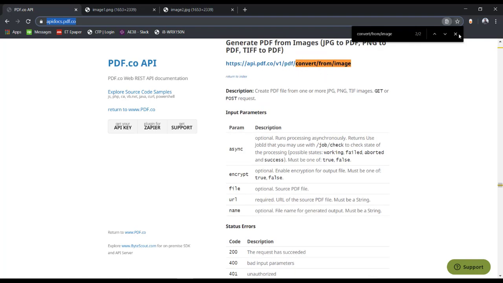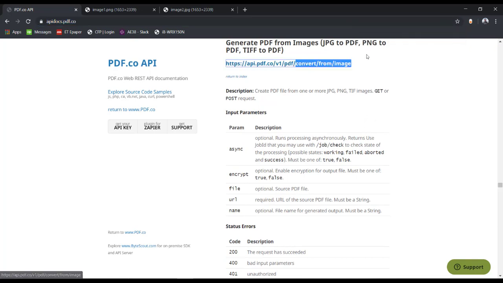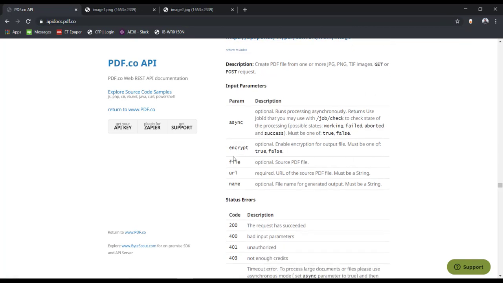and here is the URL endpoint which we have used. So these are the different parameters. For the file parameters, we can pass the actual file instead of the URLs. We can also utilize the async option. This is for when we have huge inputs and we don't want to wait while it is processing.